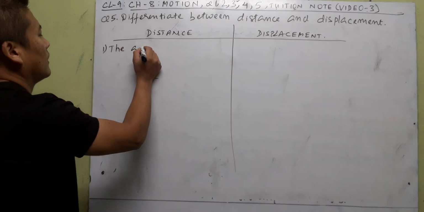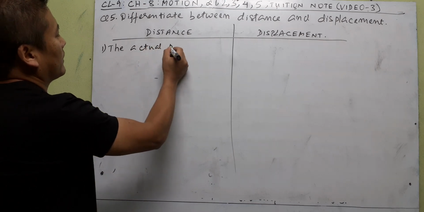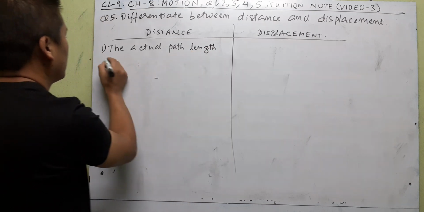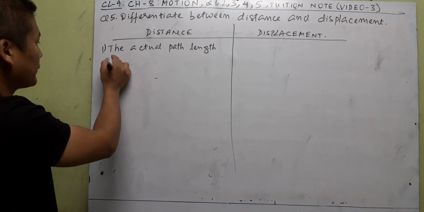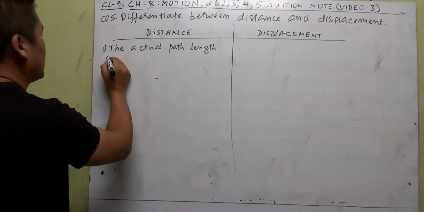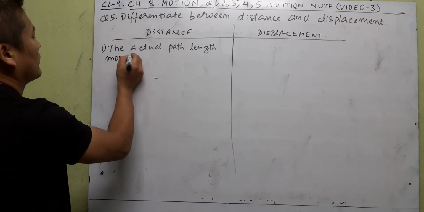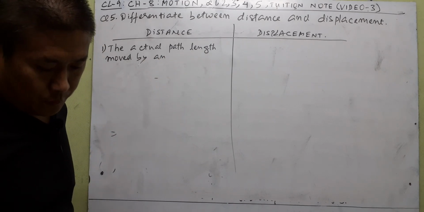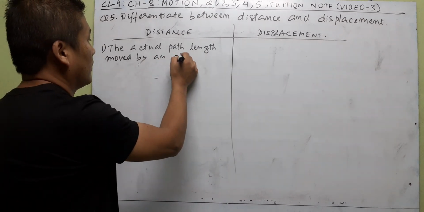The actual path length, the real path length, moved or covered by an object,